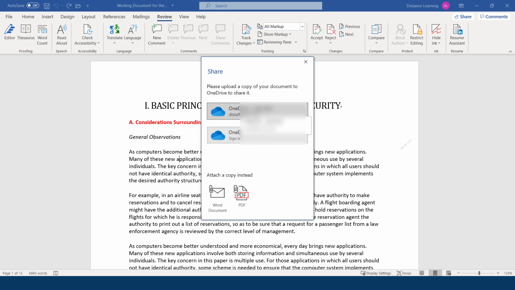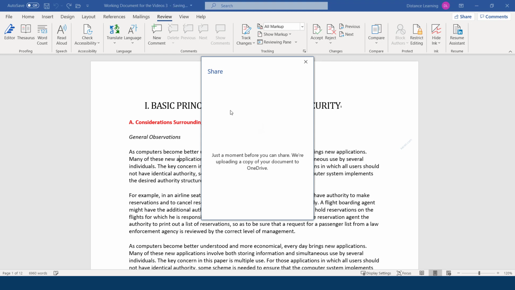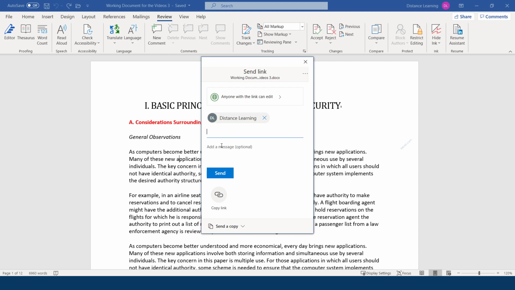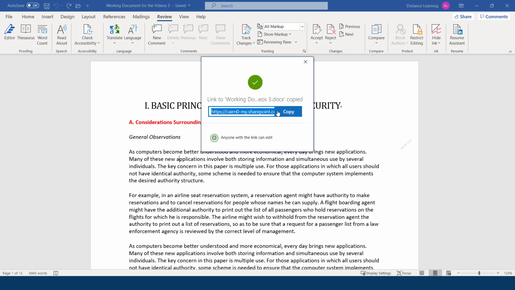Now, if you want to use OneDrive, you simply select the OneDrive option here, double-click on it, and now you can choose. Anyone with a link can edit it. You can enter the name of the user, select the name of the user, add a new message, or you can copy the link and just send them the link to that document via an email. So you just click on copy now, and in your email, you copy this link and you send it to them as part of your email. So that's one way to collaborate with one of the users